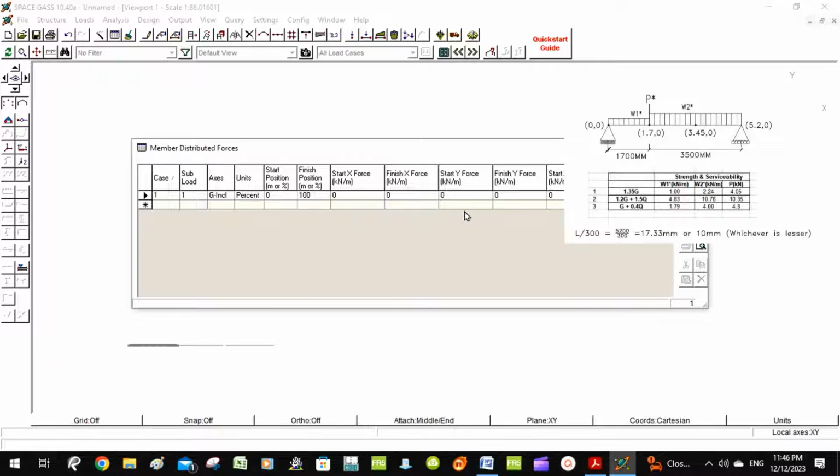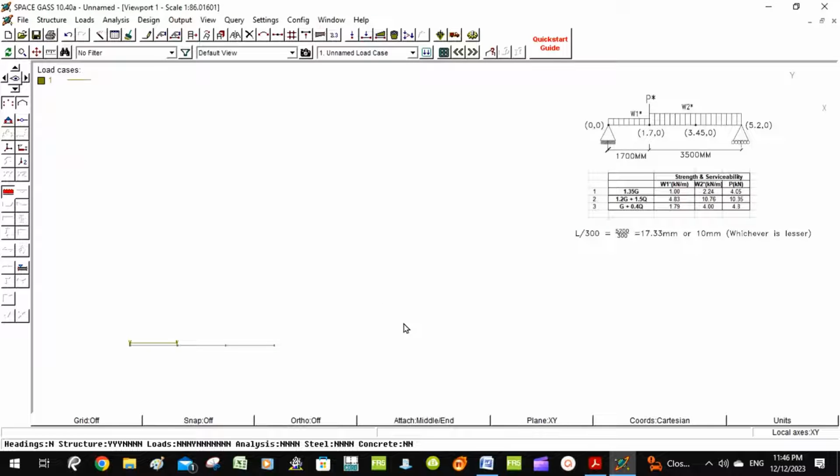So W1 will end up being 1. We come here and then we type in -1 kilonewton per meter. Minus because it's going down, and press OK. And then this span here,